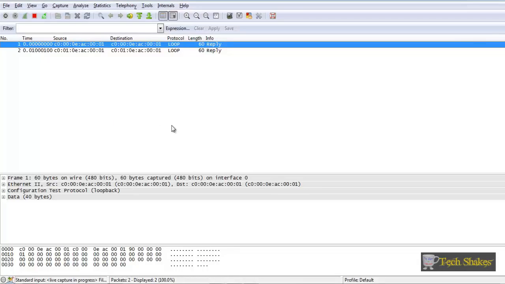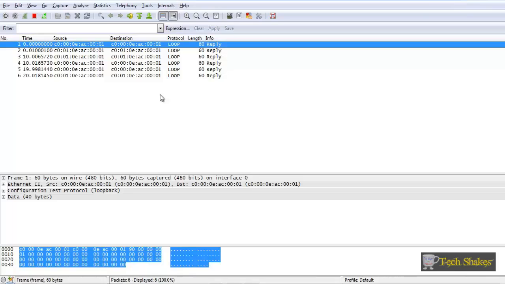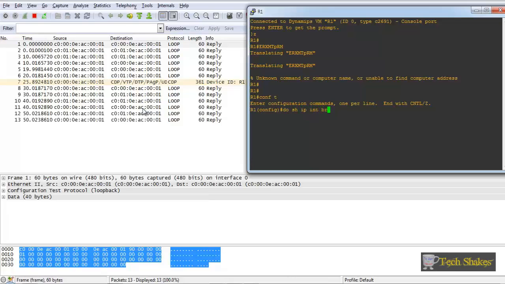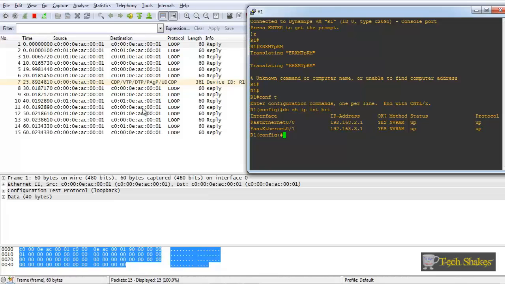Sorry for the trouble. Now you can see Wireshark is capturing the loopback address. Now I will ping from router 1 to router 2. Here is my router 1. Conf t, then I will do show ip int brief. So I am on the third network, this one. I will do ping 192.168.3.2,